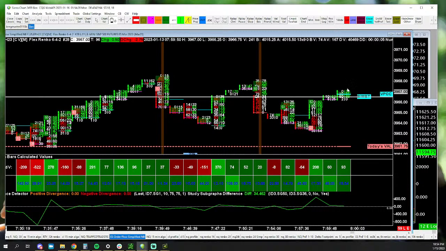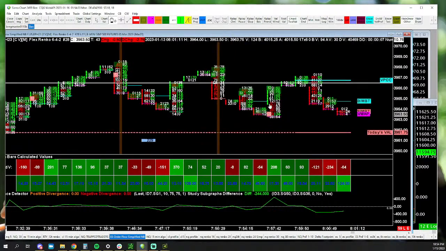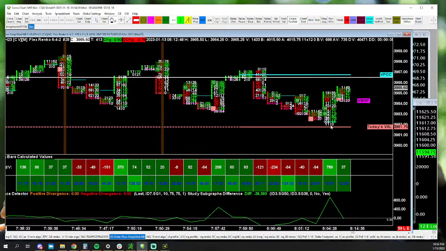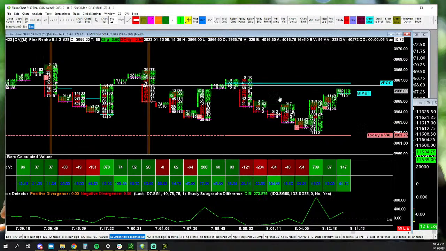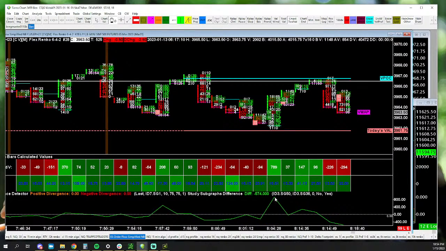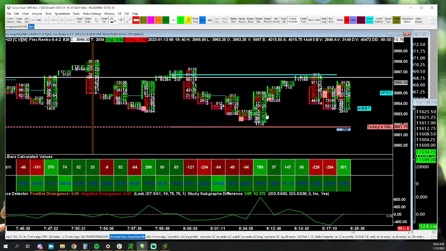Okay, see how they're trying to hold this level? And now we're spending a little more time above the zero line. Let's see if we can hold that zero line and the level at the same time. Or do they give it up? So they're trying to take that low. That big spike is usually problematic. Yeah, see how they're doing the same thing here they did before? So they're trying to accumulate. Let's see if they can do it.